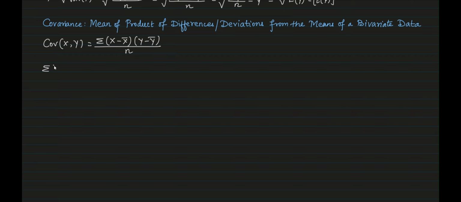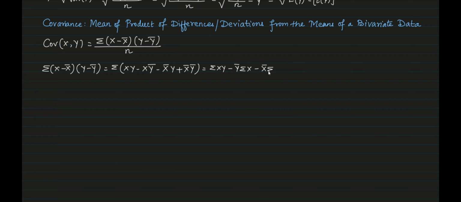The summation of x minus x bar times y minus y bar can be opened up as xy minus x y bar minus x bar y plus x bar y bar, which can be simplified further as summation xy minus y bar summation x minus x bar summation y plus x bar y bar summation 1, which is nothing but summation xy minus y bar and x bar minus x bar and y bar plus x bar y bar